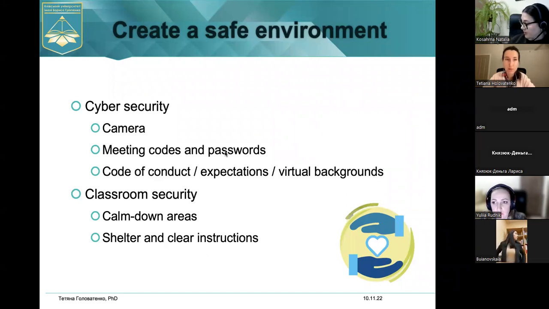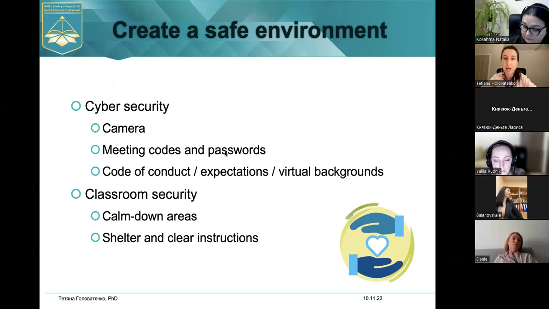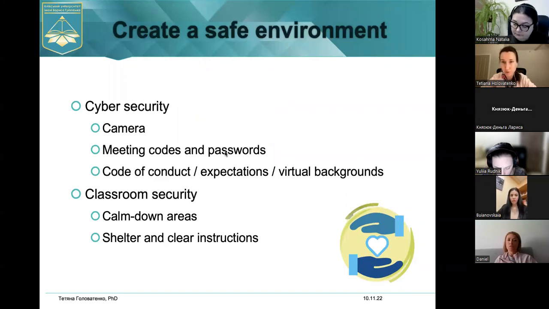For some of them, it might be a very good thing to turn on the camera if they have a quite good connection to the internet. And also, if they feel like they don't want to show their home environment, it might be a good idea not to turn on the camera. It's also a good idea to discuss expectations regarding screenshots and virtual backgrounds with your students.